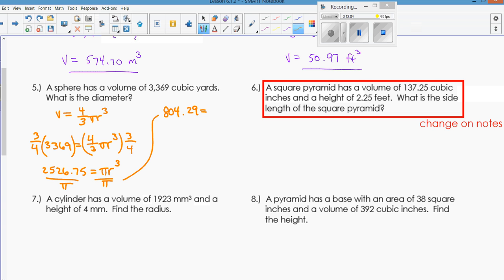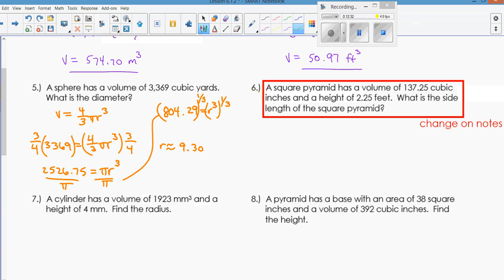7,966.29 equals r cubed. And in order to undo this being cubed, I raise it to the reciprocal power. So I raise it to the 1/3. Remember, don't divide by 3. Don't multiply by 1/3. Raise it to the 1/3. And then you should be using the answer that's already in your calculator, so the one that's unrounded. So raise that answer to the 1/3. And you get that your radius is about